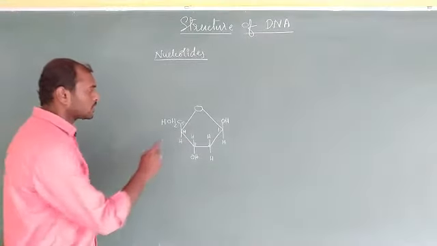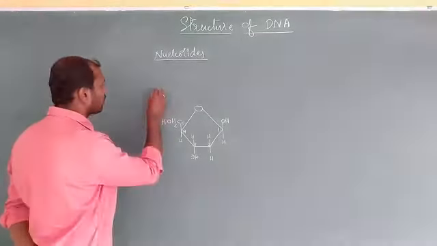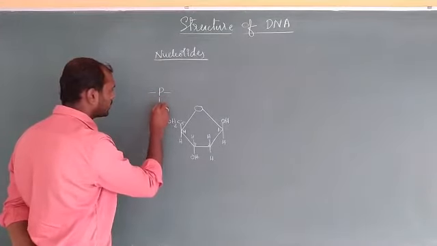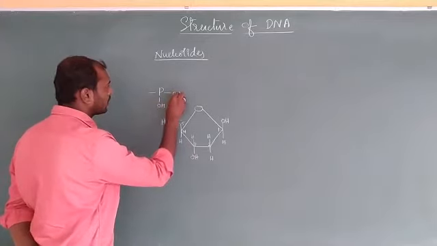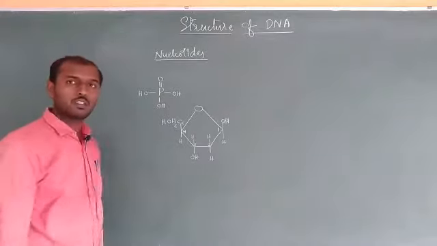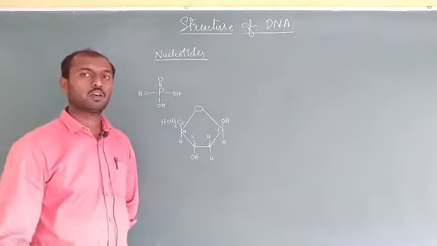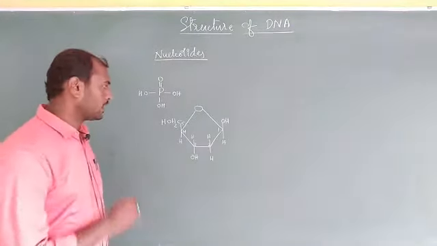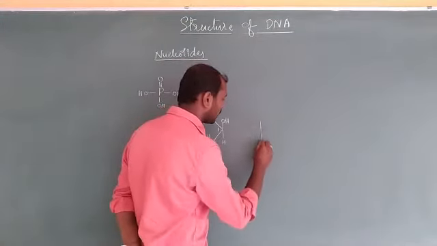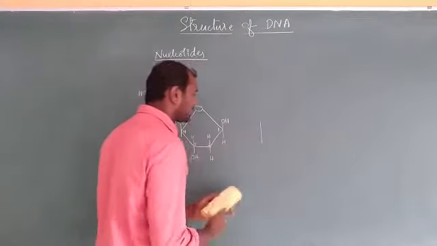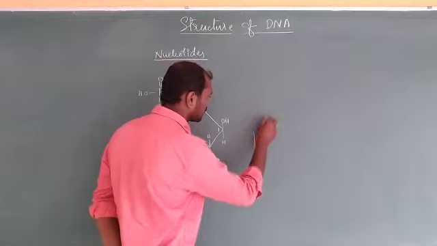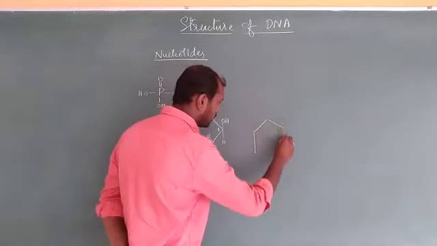What do we require now? We require the phosphate. The phosphate is here, that is OH, OH, OH as well as O. This is phosphoric acid, the phosphate required for binding of the molecule. One more thing we require here is the nitrogen base. So I am going to draw any one of the nitrogen bases.